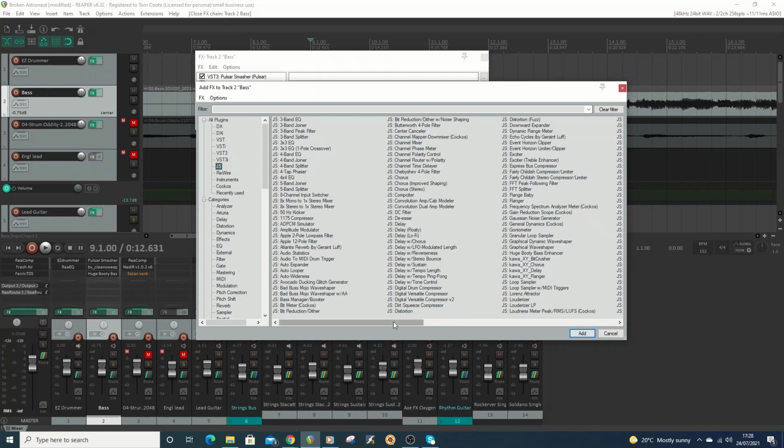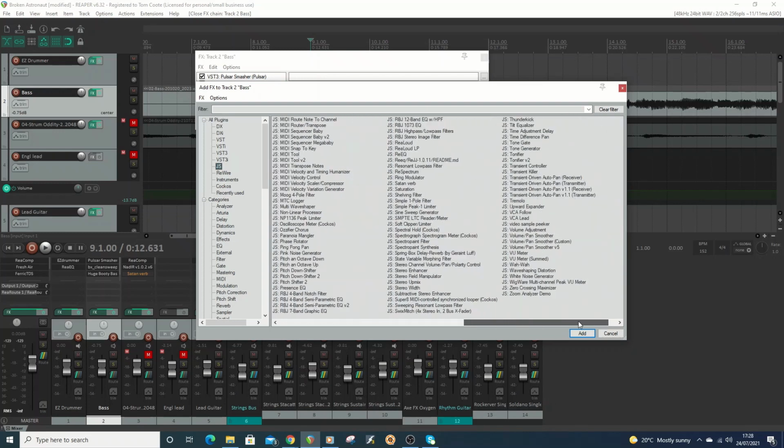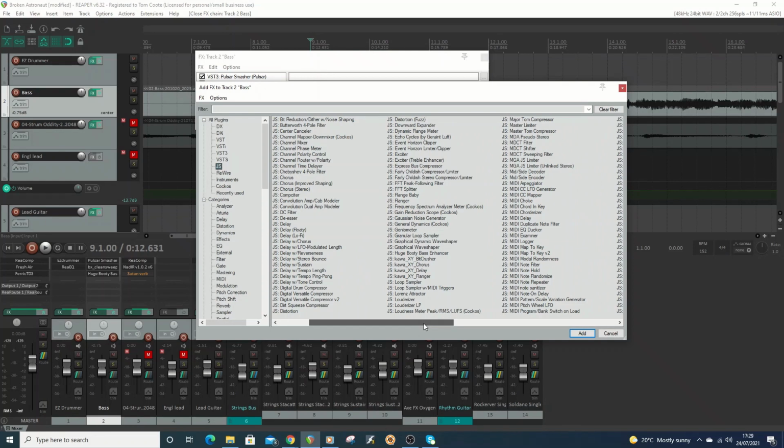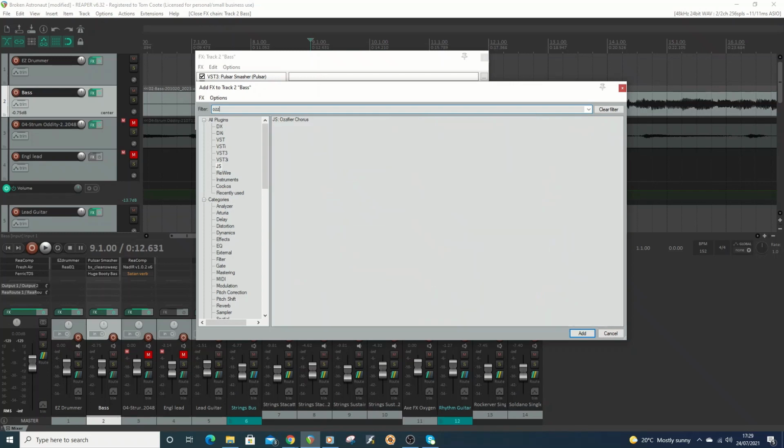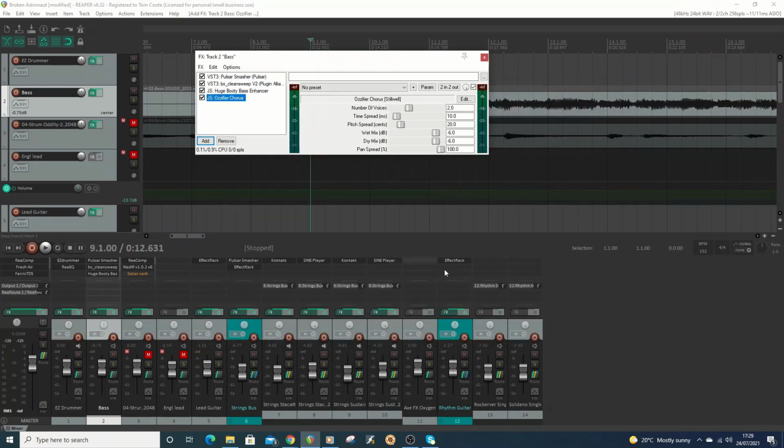So as you can see, there's loads of these in here. Most of these ones I've got in here, they're all the default ones which come with Reaper. I'll just find one I know is a good one. So I'll show you that one in a minute, but the first one I'm just going to show you is